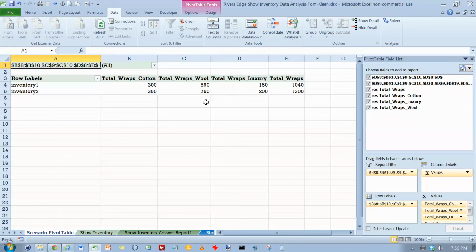And we end up with something that looks like this, which should match figure 9-76 on the top of page 605. So 300, 350, 590, 750, 150, 200, and then over here 1040 and 1300. We're going to rename this worksheet inventory scenario pivot table. So again, we're just sticking the word inventory on the beginning, so double click down there and move the cursor to the beginning,